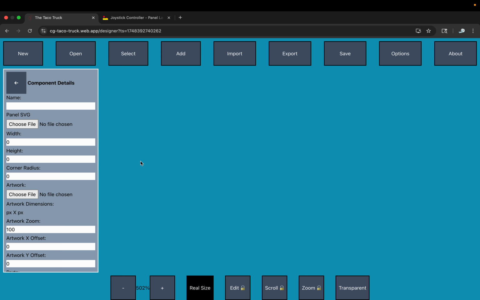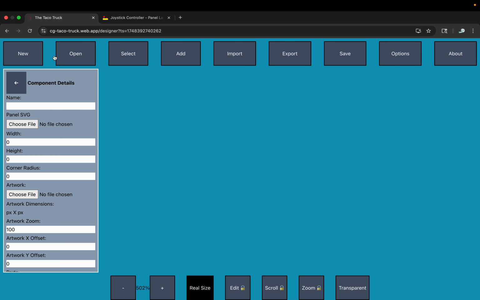In fact, I've recorded these videos out of order, so you're going to hear me say a lot of the same stuff in the next video, where I show you the basic way of the intended work path for creating custom panels. But what I'm going to show you now is just the basic controls of the software. So, first of all,